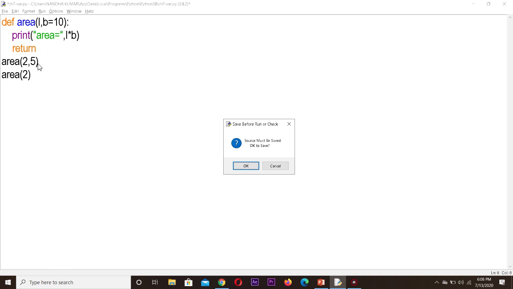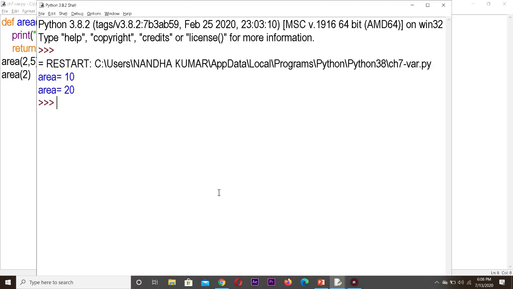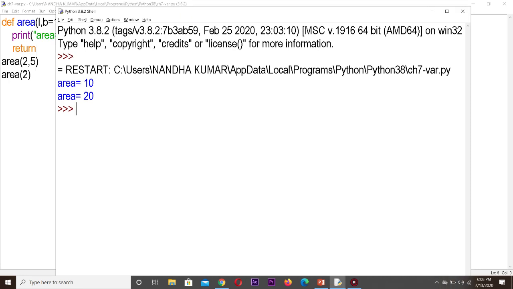So now let us see the example. So area 10, second one area 20. See the first statement area 2 comma 5, so we are getting 10. Second one only 2 I have sent, the second argument is missing, so it takes the default argument, so 2 into 10, 20 will be the answer.